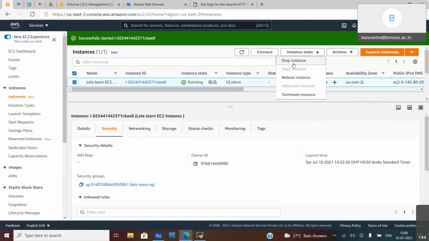Three options are there. If you want to continue with the same instance for creating a virtual machine for Ubuntu or Windows, you can use the same instance without creating the instance again. A reboot restarts the entire instance. You can change some settings by rebooting. Terminate is completely deleting the instance from your virtual private cloud.